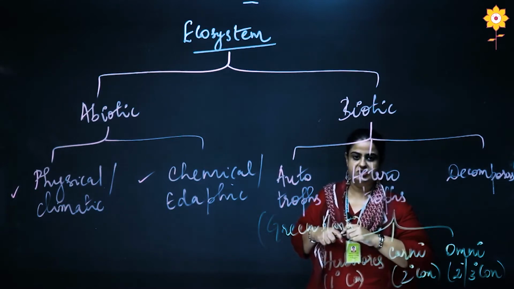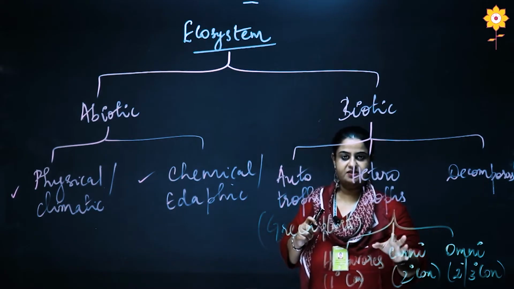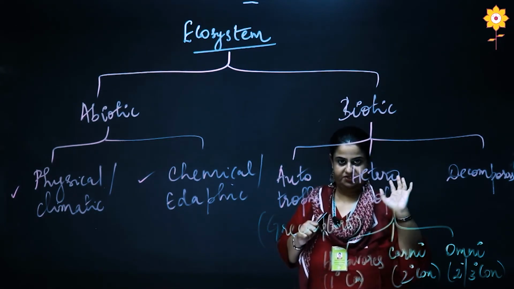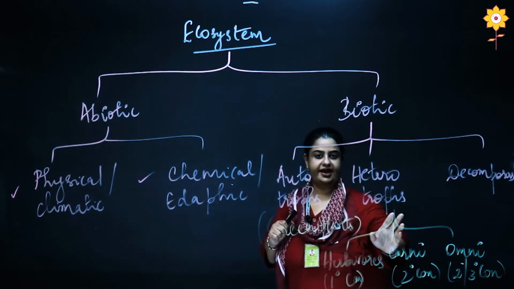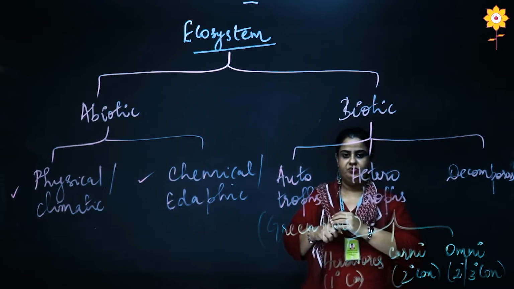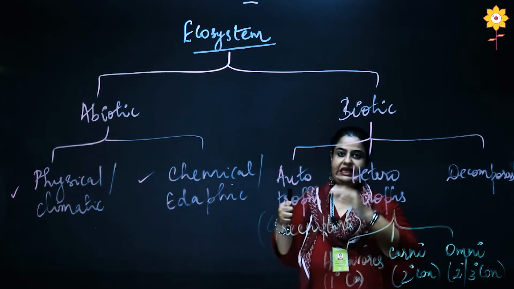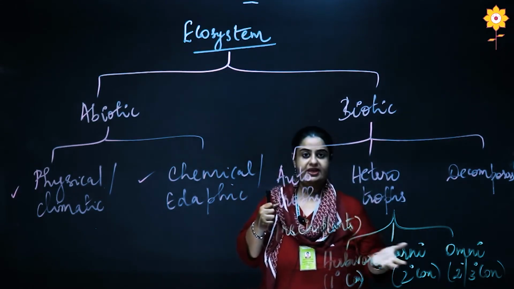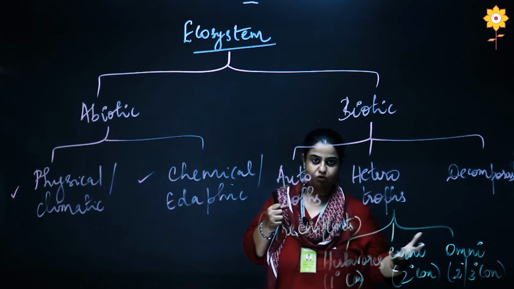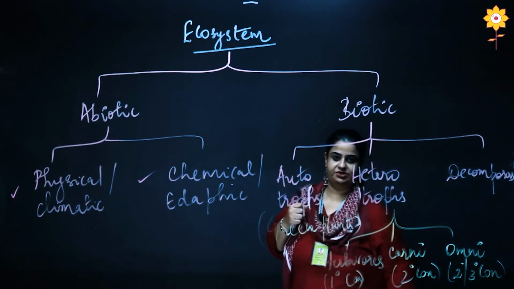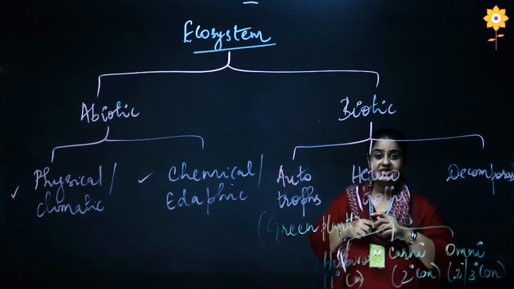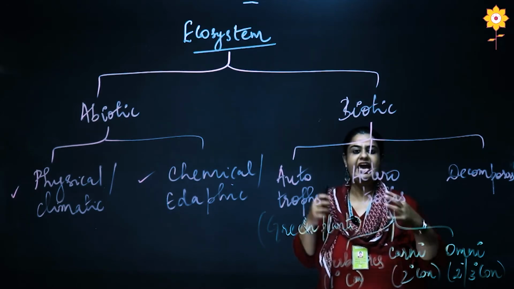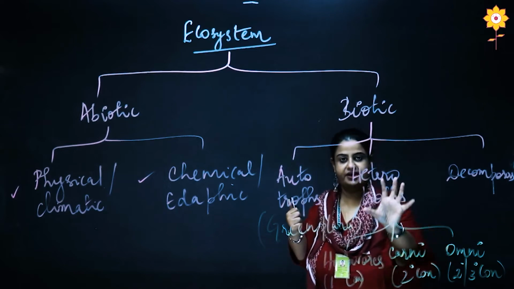Now, what are carnivores? In simple terms, carnivores are organisms that depend upon herbivores for their food. They are flesh-eating organisms. Herbivores are plant-eating, carnivores are flesh-eating. Now, what about omnivores? They are a combination of both. They eat plants and plant products. At the same time, they also feed on flesh. Human beings, cockroaches, types of rats, raccoons, bears all come under omnivores. Then, what about the examples for carnivores? Very simple. Lion, tiger, cat, dog, anything that is flesh-eating will come under carnivores.